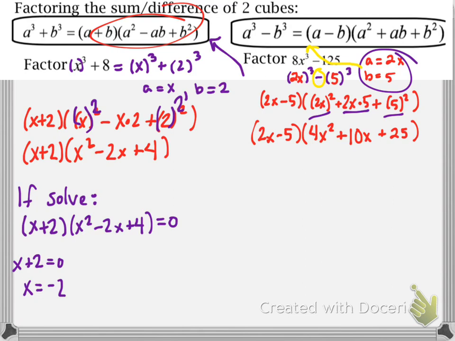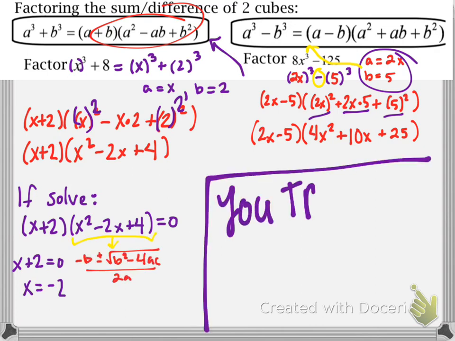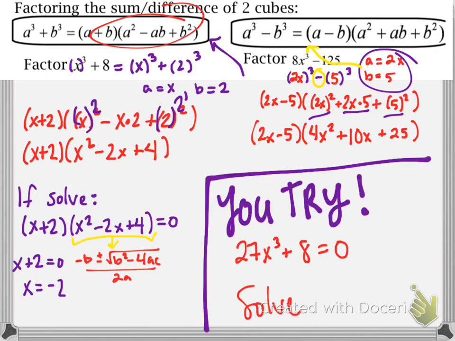Now to solve that trinomial, it is not factorable, so we're going to have to use the good old quadratic formula. So there's your U-try, and then you're going to have a couple U-tries in each of the other next